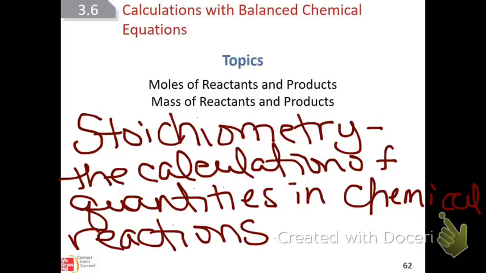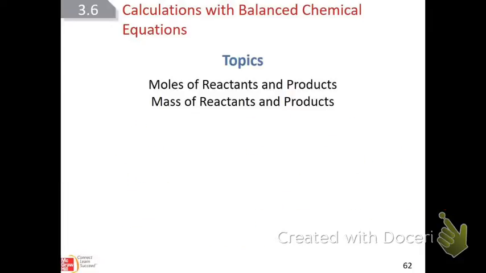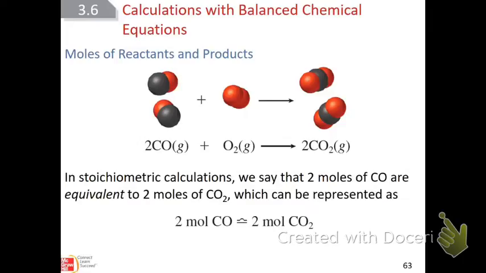Let's see what we're talking about. Moles of reactants and products, and then mass of reactants and products. I'm not going to spend much time with moles because that's not nearly as used as masses, so that's where we're going. But the single most important thing that you need to remember is these calculations are exactly identical to what we did in the last section, in section 3.5, exactly identical in every way. There's only one more step, and that step is